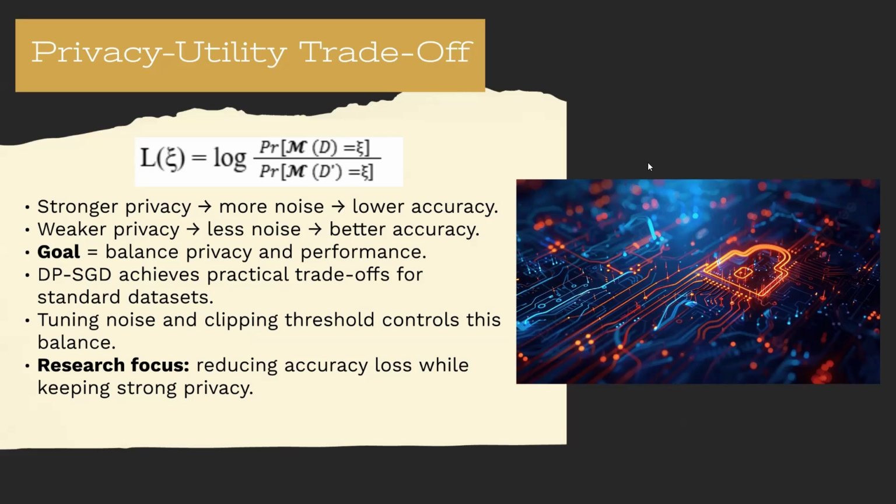Now, when we look at the trade-off, most privacy-preserving methods have a privacy-utility trade-off, which usually tells us that stronger privacy requires adding more noise, which reduces the model's accuracy. On the other hand, relaxing privacy improves the accuracy but weakens the privacy guarantee. Despite this trade-off, Abadi and colleagues showed that DP-SGD can still achieve competitive accuracy on standard benchmarks while maintaining meaningful privacy protections. In summary, DP-SGD represents a crucial step forward towards privacy-preserving machine learning models, allowing organizations to train models responsibly, even on sensitive data, without sacrificing trust.